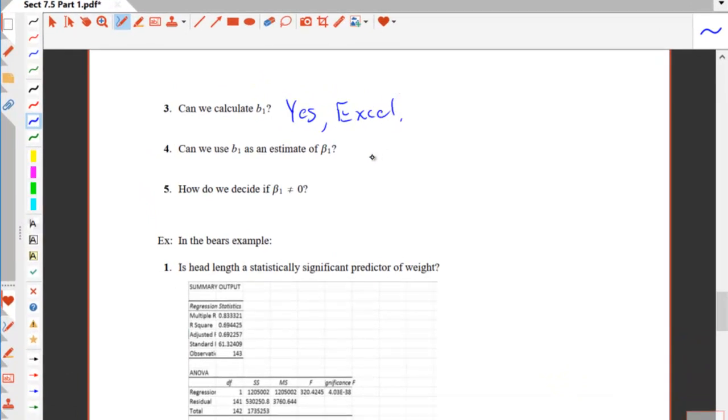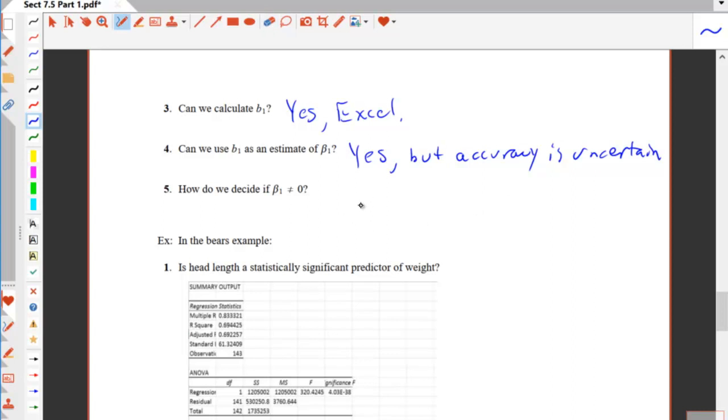And then, thinking about what we've recently talked about in terms of hypothesis testing, the thought comes to mind, well, could we use B1, our slope on the sample, as an estimate of beta 1, our slope in the population? And yes, that's as good a guess as any. It's probably a good guess, actually, but accuracy is uncertain. Beta 1 is not going to be the same number as B1, so I can guess, but I should be prepared for the fact that my guess is not perfectly accurate.